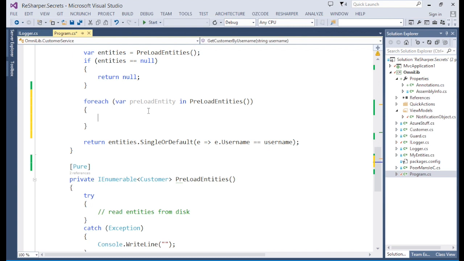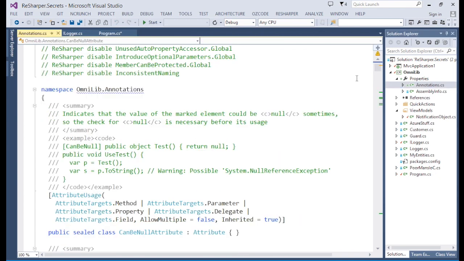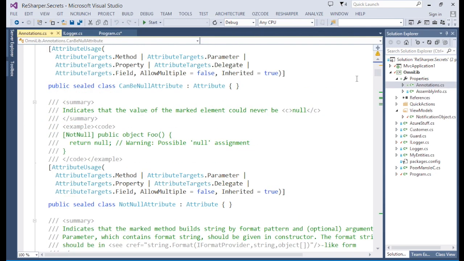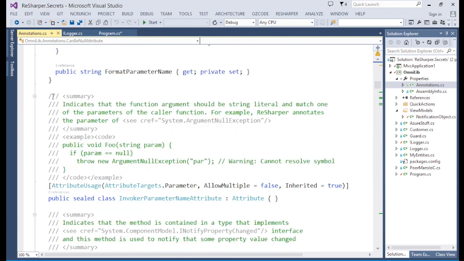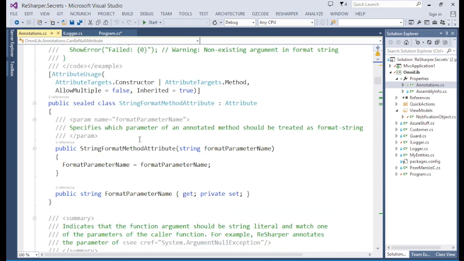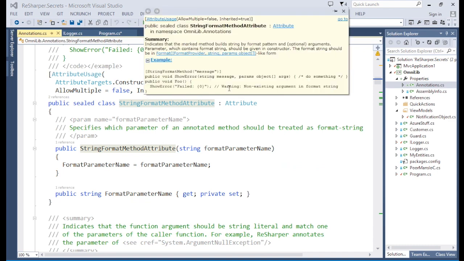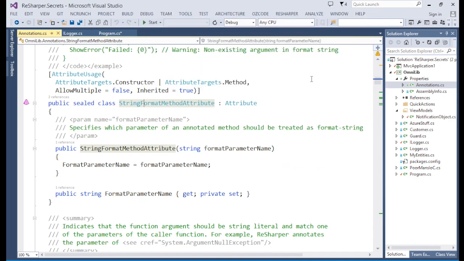So those were just a taste of what annotations can do. For the rest of them, you should definitely go into the file and take a look at the different annotations it provides. All of them have XML documentation, so you can place your caret on top of StringFormat and press Ctrl-Q to get a small example of how to use them. Actually, before we move to the next topic, sorry,